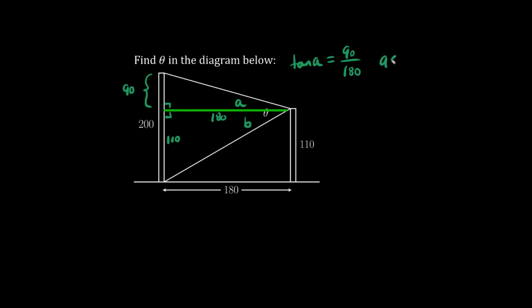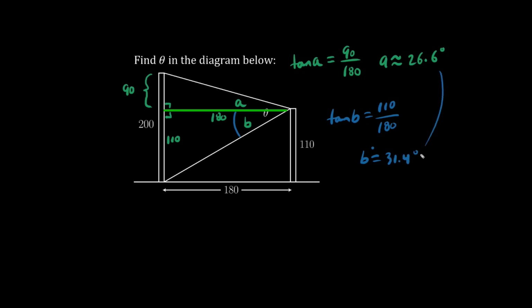Using your calculator, we'll get A is approximately 26.6 degrees. We hit tan inverse. Now let's focus on angle B. We're interested in opposite over adjacent. We use tan again. Tan of B equals opposite, 110, over adjacent, which is 180. Hitting tan inverse again, we get B is about